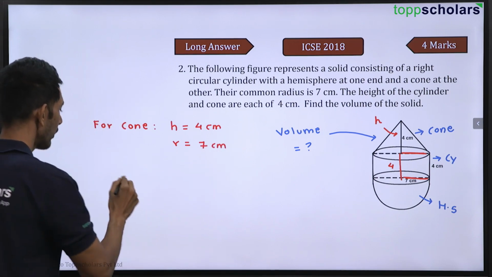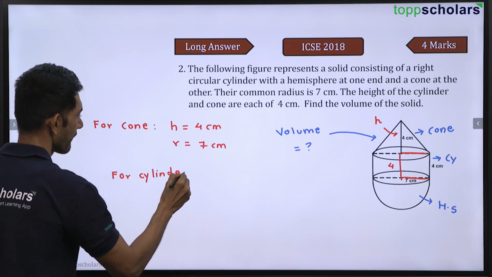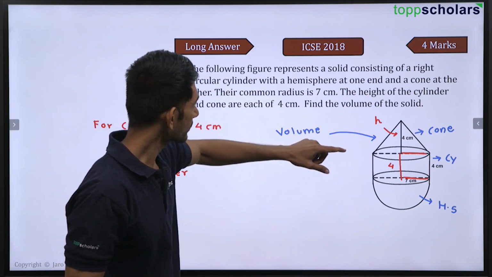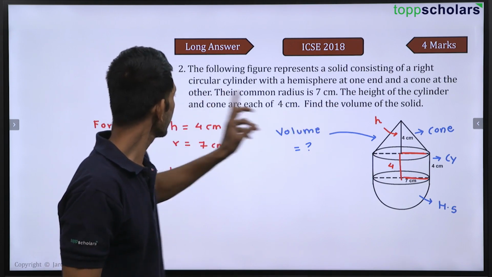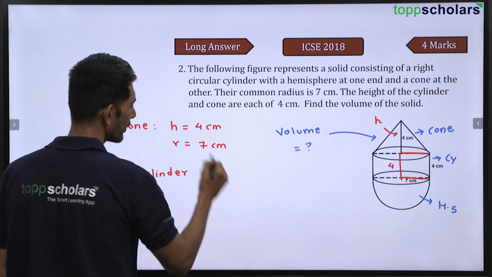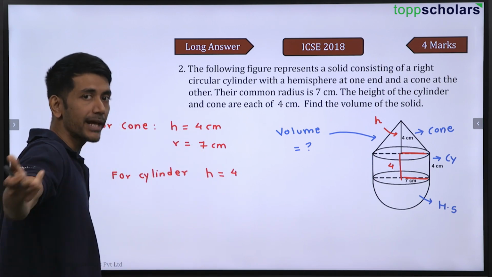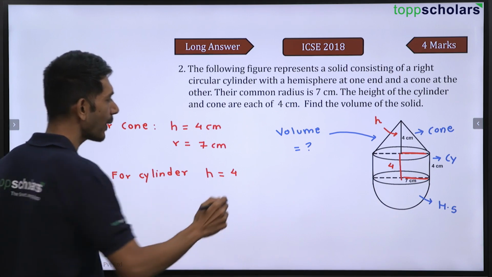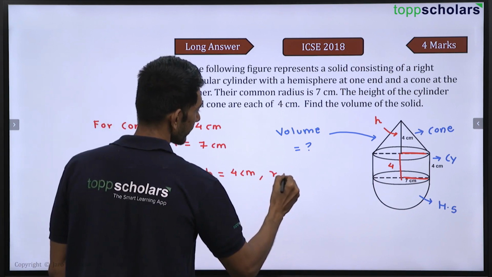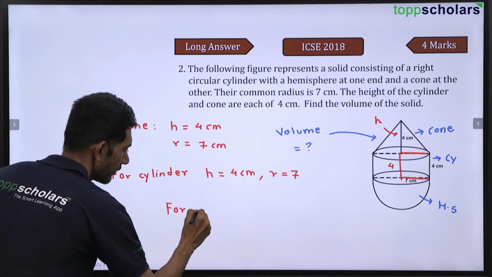That is for cone. For cylinder, you can split it like this. Now see, what they are saying is, the height of cylinder and cone are 4 each. So I am not taking capital H here, I am taking small h only because the height is anyway the same, that is 4. I am not taking h1 and h2. We take h1, h2 generally when we have 2 different values, right? So this is 4 centimeter height and radius is again 7. And then for hemisphere,